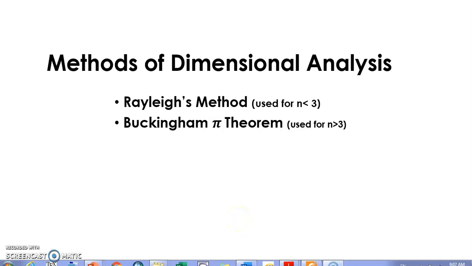Hello everyone. In this segment, we will recall the method of dimensional analysis, the second method, the Buckingham's pi theorem. As all of us are aware, there are only three equations to handle, and if the number of variables exceeds 3, the Rayleigh's method becomes tedious, and hence obviously we'll go with the second method, and that is the Buckingham's pi theorem.